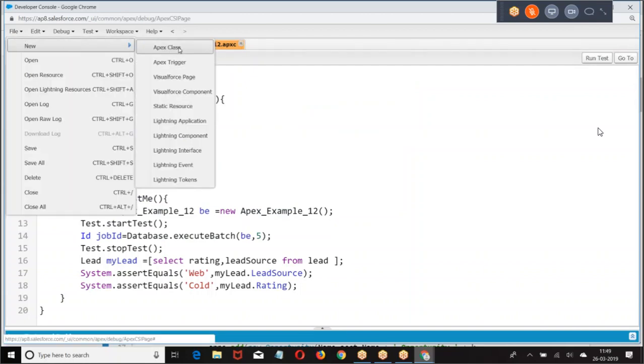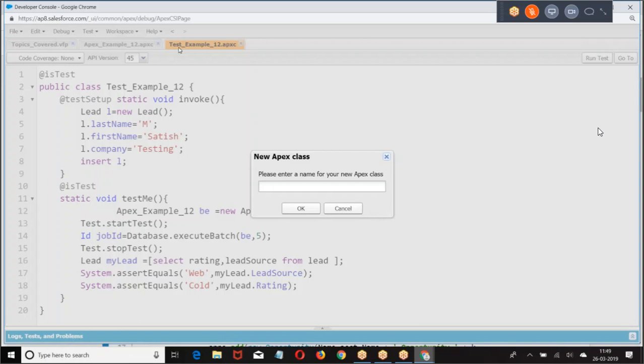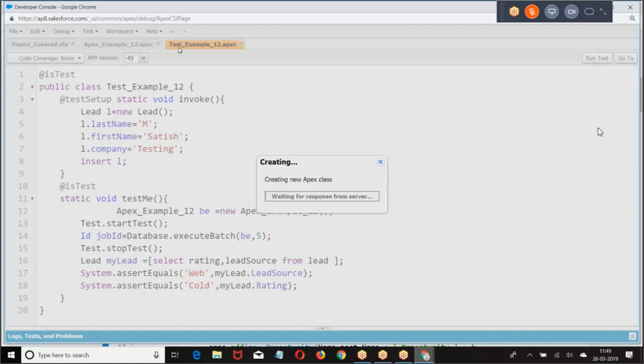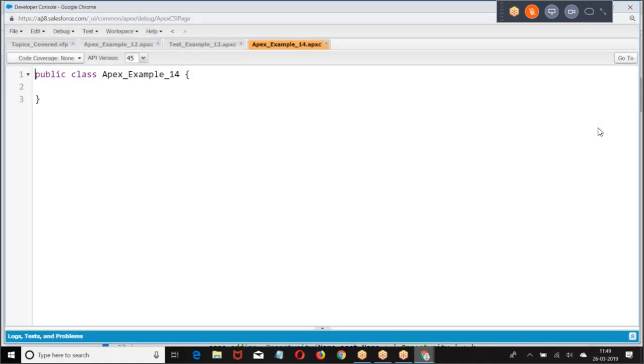Now my schedule Apex, look at the format. Implements Schedulable. Public void execute.